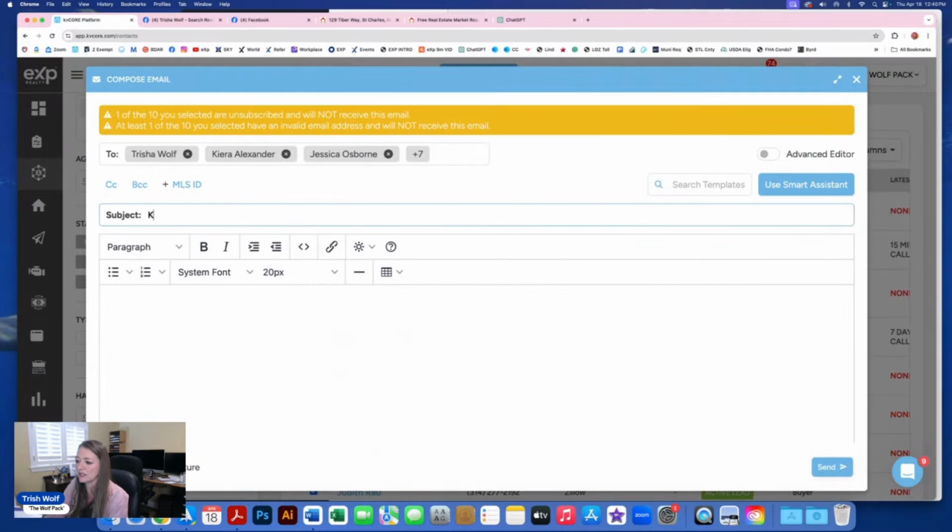You can type in your subject. You can type in your body. You don't have a whole lot of options here. You can bold it. You can pick a few different fonts. You can change your font size, things like that. But it's very basic. Now, if you wanted to make a more advanced email, similar to the one that I